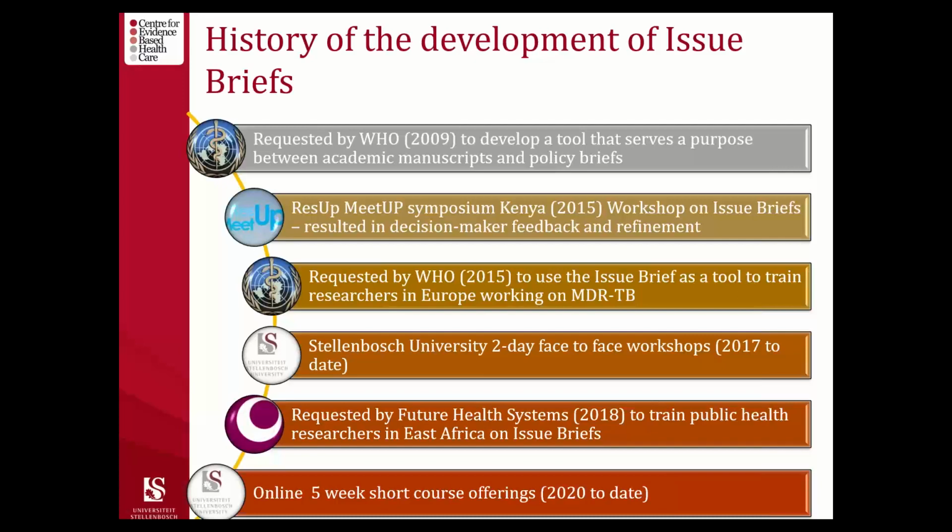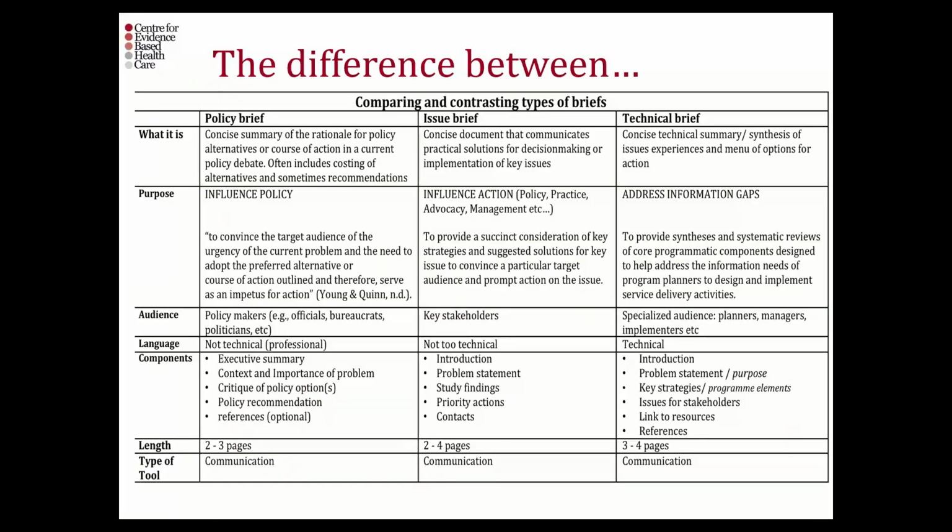So now you may be asking, what's the difference between a policy brief, an issue brief, a technical brief? We see many different kinds of products out there. And while I may go through some of this discussion in terms of the differences between them, I think we've all seen many documents out there that might be titled policy brief or issue brief, but don't necessarily fit the criteria that we see here. For example, you may all have seen policy briefs that are 35 pages, 50, 60 pages long, so they don't seem like a brief, but they also don't necessarily provide policy options or policy guidelines.